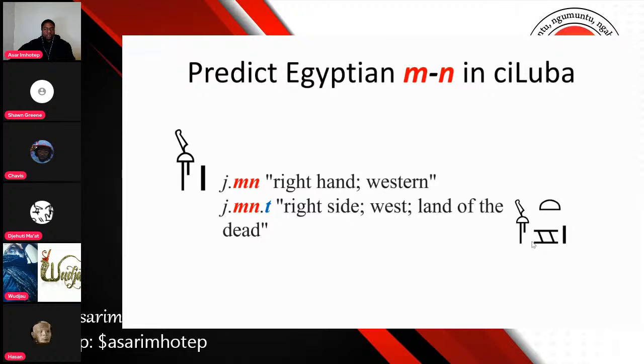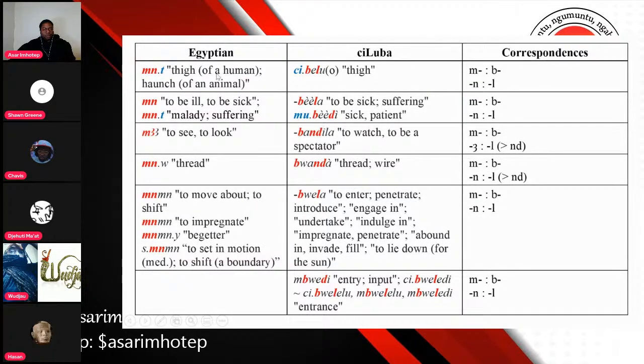But for this one, I wanted to concentrate on something else. We kind of skipped something. Notice that I have in blue where there's an ancient Egyptian T suffix, it corresponds to the chi prefix in Chiluba, or mu in Chiluba. Now, I know I haven't given enough examples to justify this in this data set. For those of you who have been following the Kemet debate, you know that I've justified the chi on many occasions in terms of the chi prefix corresponding to the ancient Egyptian T suffix. But I haven't talked too much about the mu also